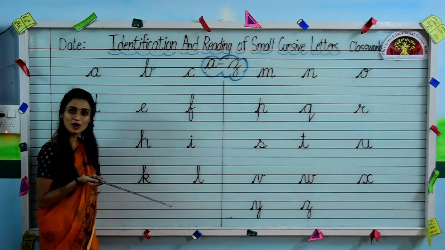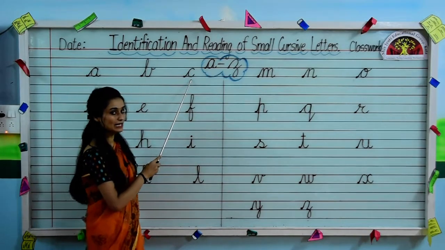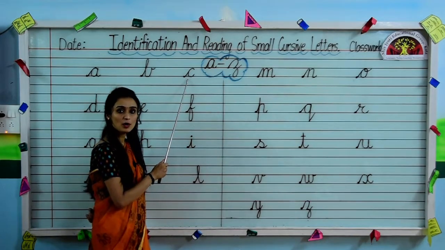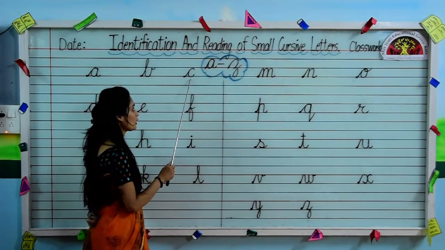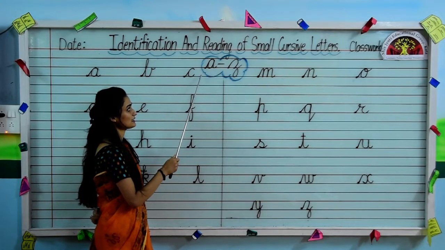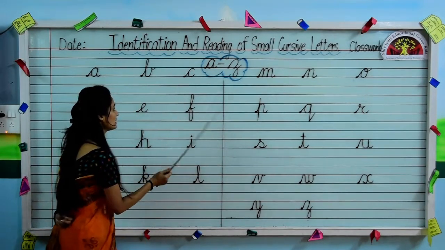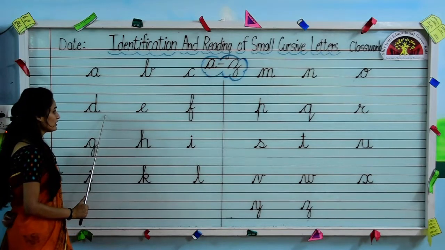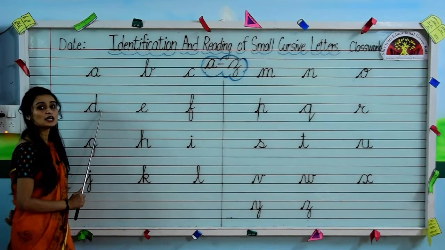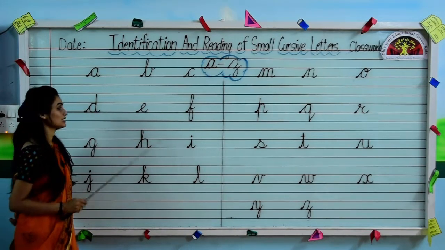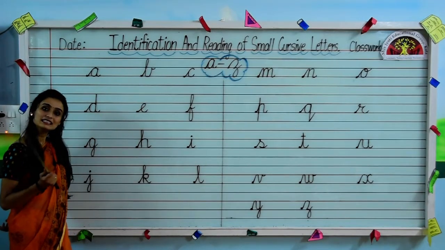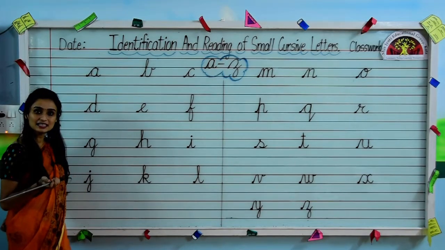Now jump on the next one kids. Tell me first, which is this letter now? This one is small cursive letter C. This is also written between the second and the third line. Now kids, come on the next line. Tell me first, which is this letter? Yes, you all know this one. This is small cursive letter D. D for duck.